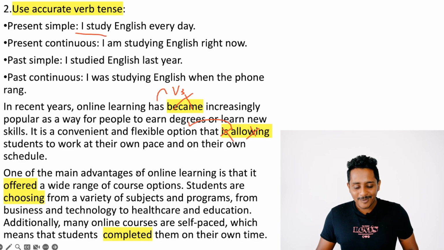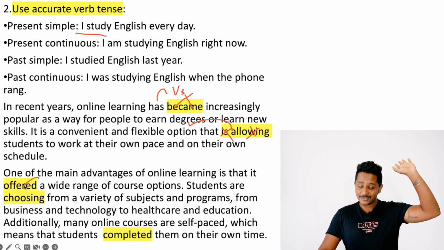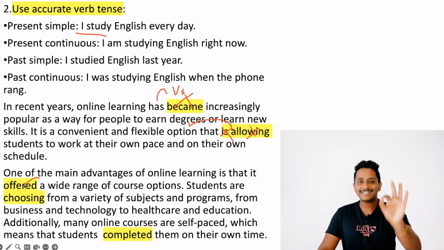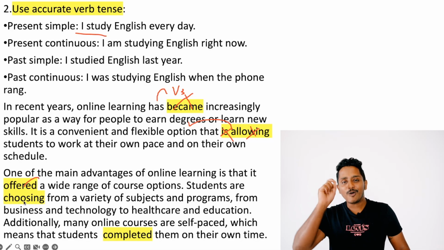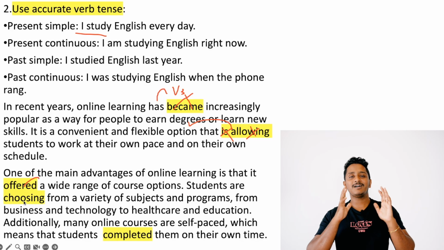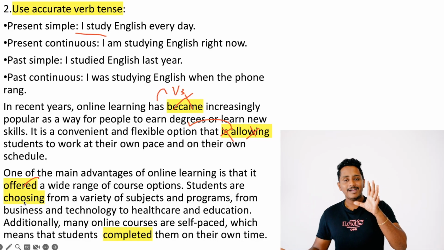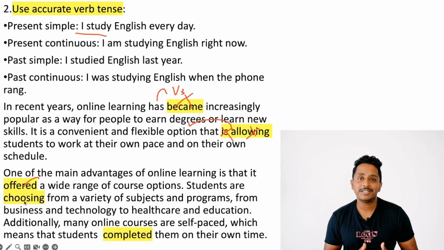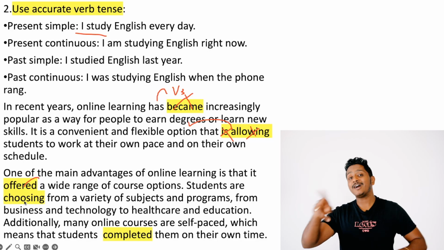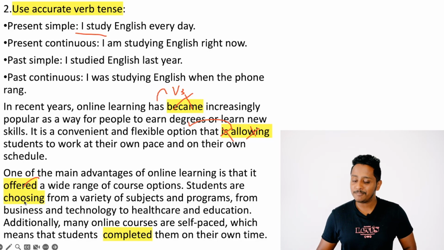Okay, one of the main advantages of online learning is that it offered... it offers; present tense has to be used. "Students are choosing", this is where a lot of people go wrong. No, it's a fact. Students choose these things these days. "Students are choosing" means right now. It is perhaps 11:30 AM Indian time. Right now something is happening, that is our choosing. Hope you're getting it. Always make sure to use simple present tense. Students choose